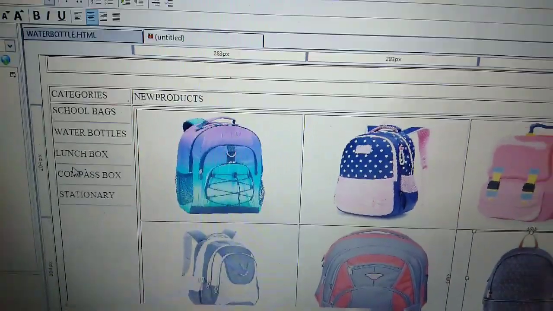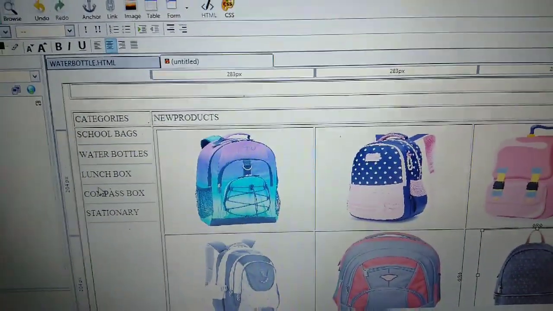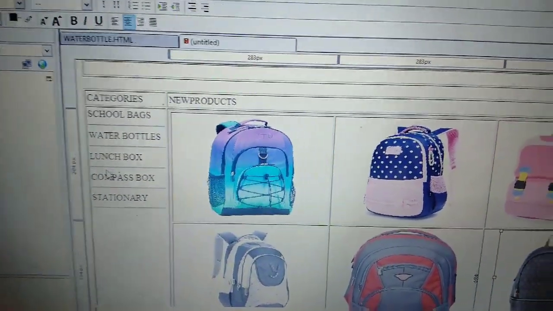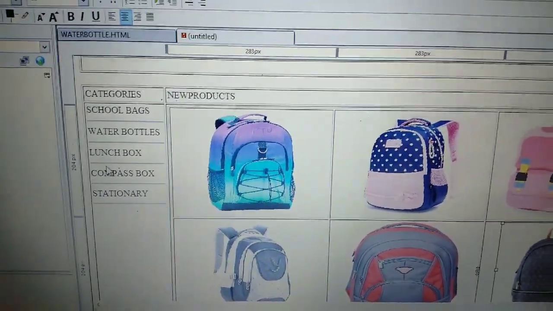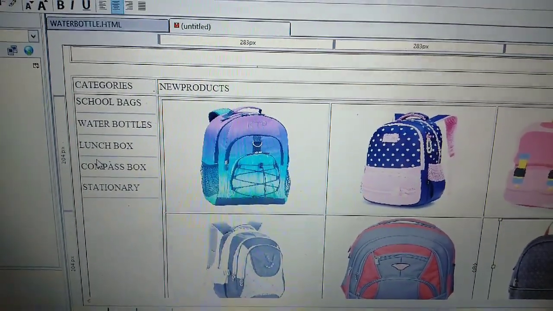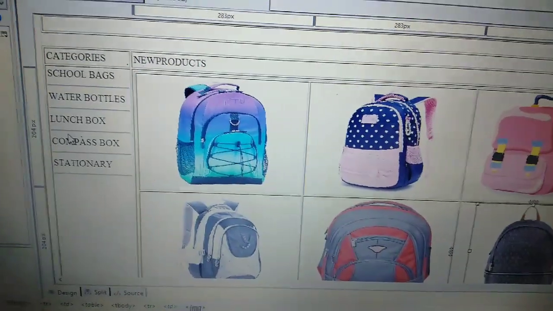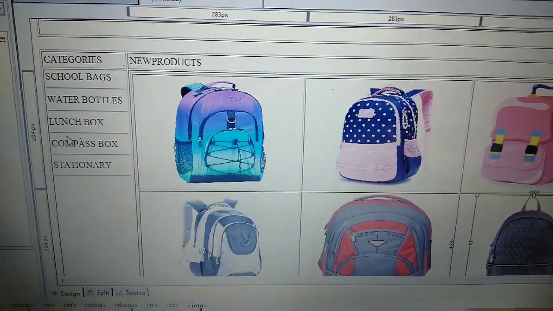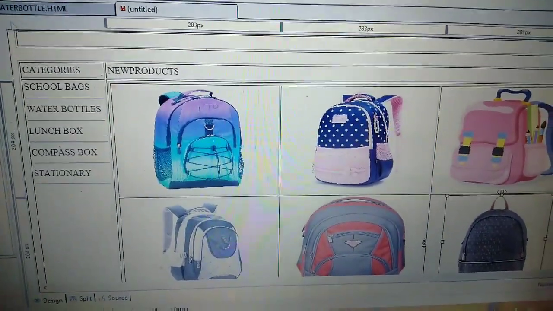Now you have to save this page and you have to create water bottles, lunch box, compass box, stationery the same way. School bag, water bottle, lunch box, compass box, stationery, all pages are similar. You only have to put these images according to your pages and your website will be ready. And apply hyperlink.